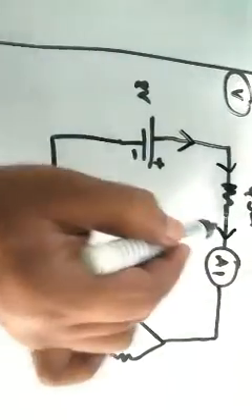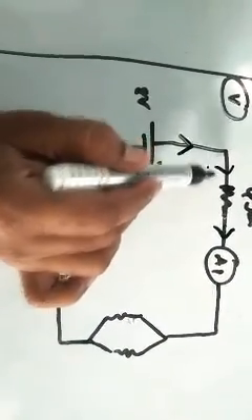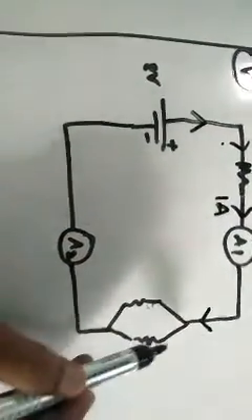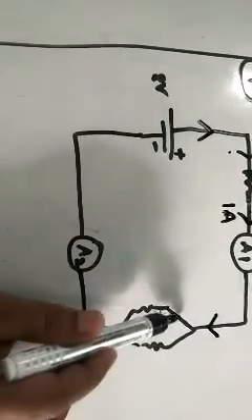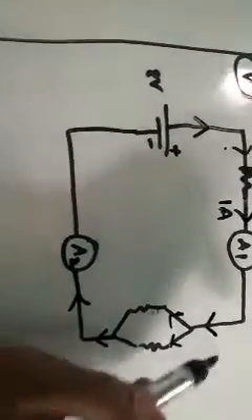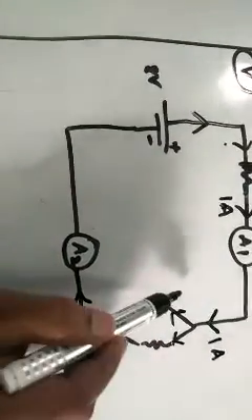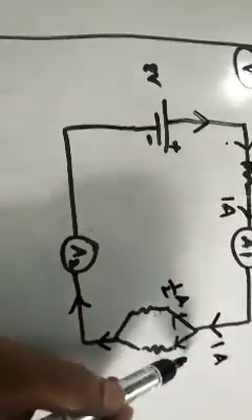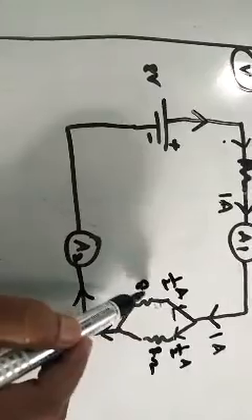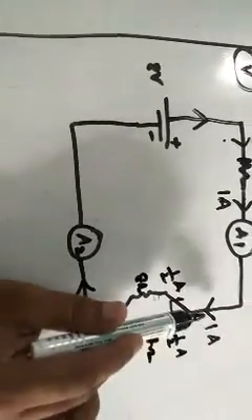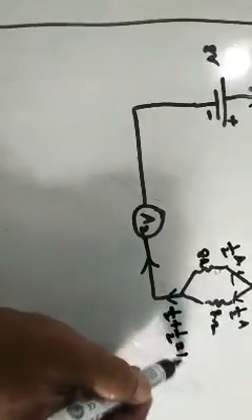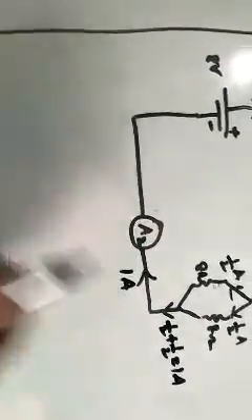It is going as per our first question, 1 ampere current is flowing here. This current is coming, it is divided here, and again it is coming together. Here 1 ampere is there, automatically here half ampere, here also half ampere. Both are equal resistors, so current will divide equally. So 1 by 2 plus 1 by 2 is equal to 1 ampere. That means here also 1 ampere is there.